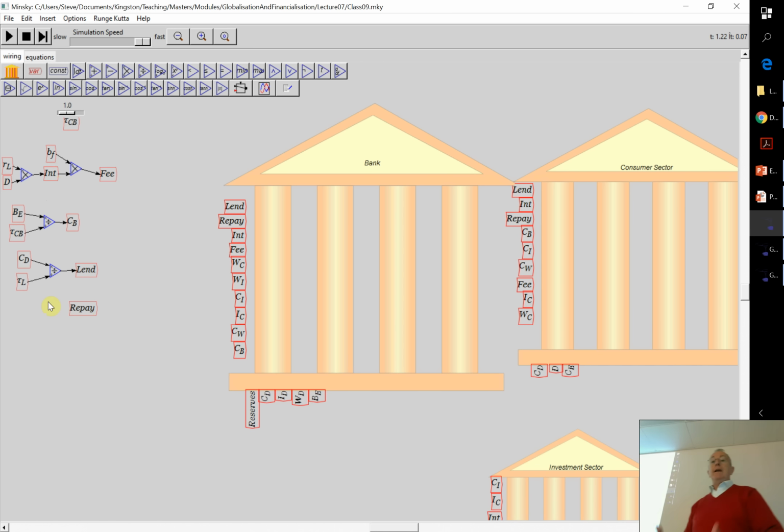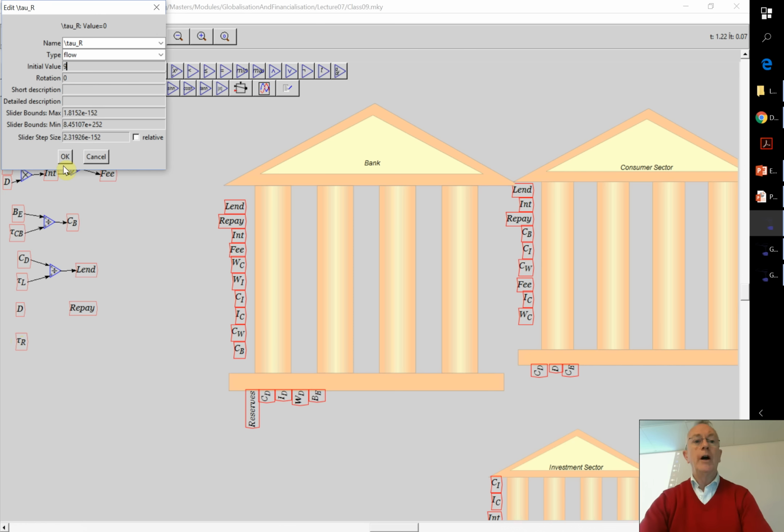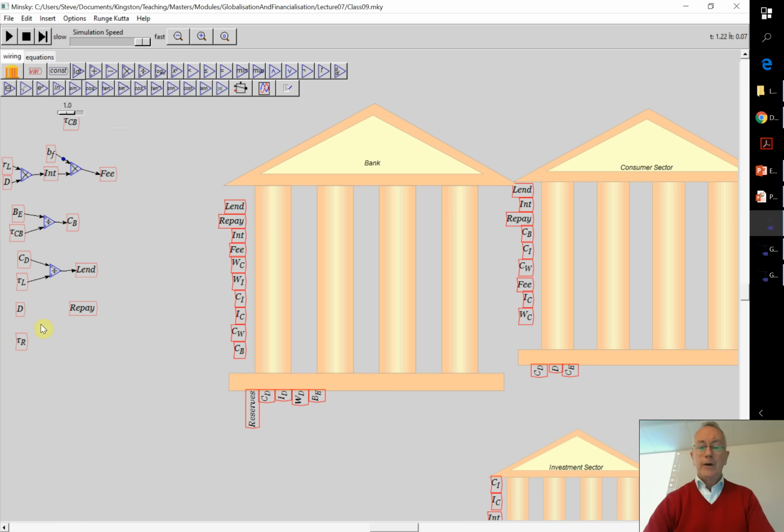Then repayment, this is now looking from the investment sector's point of view. It's trying to repay its debt. So I want to now bring up, this is why I need D over here. So I right-click here and choose copy of debt. I'm going to have a rate of repayment, so I'm going to call that tau underscore R for repayment. And I'll give that a value of, say, 9 years. So over 9 years, if they did nothing other but repay their debt, their bank accounts would fall to zero. And then divide there. So debt divided by the time constant for repayment is the rate of repayment.